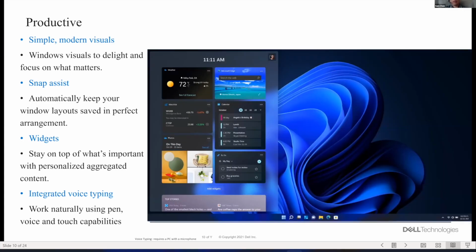And the widget. I think widgets are not something new to the technology world. It's already available on most of our cell phones, and if you are a Mac user, then this is also available for macOS. But Windows 11 makes it much easier to organize your information. You can pin any information you want to stay on top, and you can use your gesture to see the latest information that you want to see.